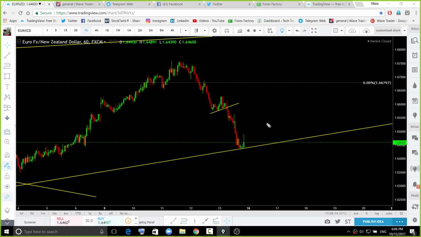Yeah, so we are looking for short on USD CHF and EUR/USD, on both pairs. As I have shown you, if EUR/USD breaks above the upper trend line, it can push back to the top again. Yeah, so EUR/CHF is going to be a good trade. EUR/CHF can fall aggressively back to the bottom.